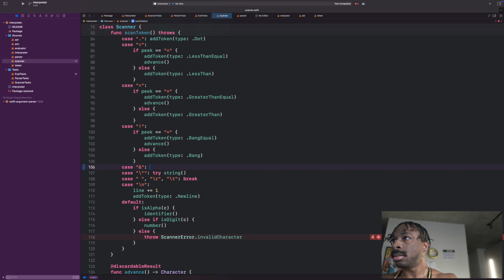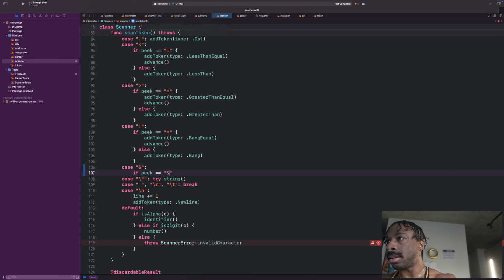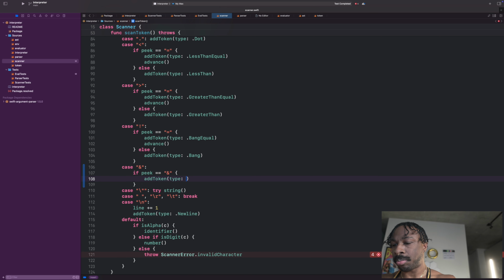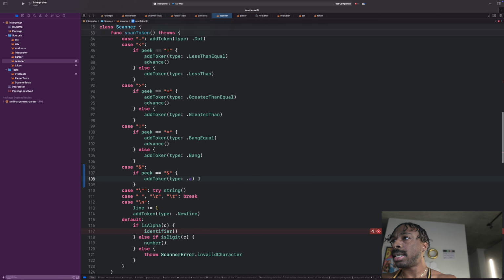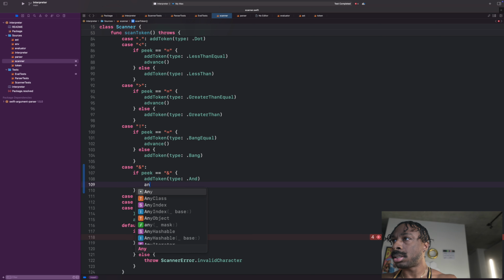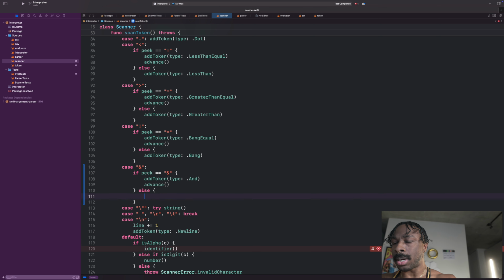So what we gotta do is we gotta say if peek equals another ampersand, we're gonna add a token of type and. And if it's just a single and, I think I'm just gonna throw an error because I don't feel like implementing, what's it called, binary and. So we're gonna advance, otherwise throw